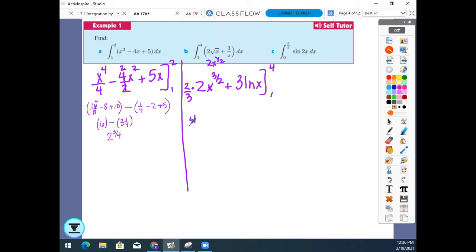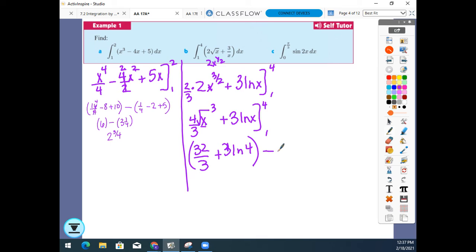All right, so I'm just going to rewrite this as 4/3. And what we might want to do is take that 3/2 and make that square root of x to the 3rd. It'll be easier to evaluate. Plus 3 ln x from 1 to 4. All right, so when I plug 4 in, the square root of 4 is 2. 2 to the 3rd is 8 times 4 is 32 thirds, plus 3 ln 4 minus